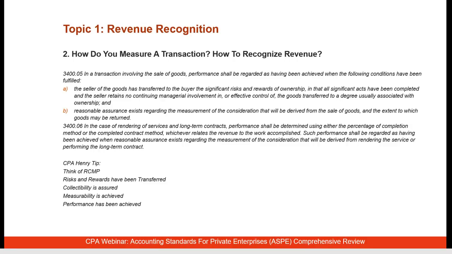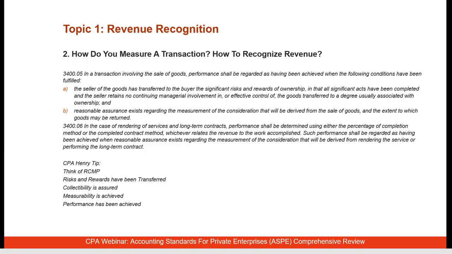Sometimes people will give certain goods. Goods, it doesn't really apply here, but for services, you don't know what the appropriate measurement would be. And that's when you go through that discussion of percentage of completion or completed contract, okay? Then you have performance has been achieved. And performance has been achieved is where we go back to the handbook section where we're talking about bill and